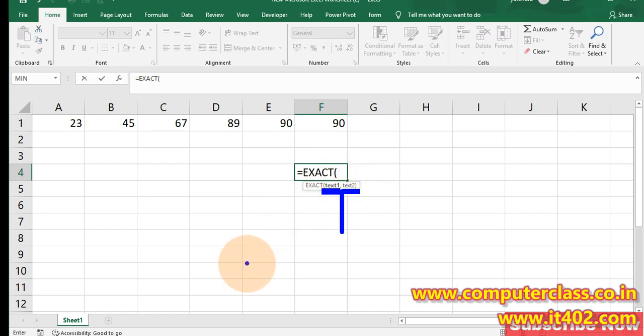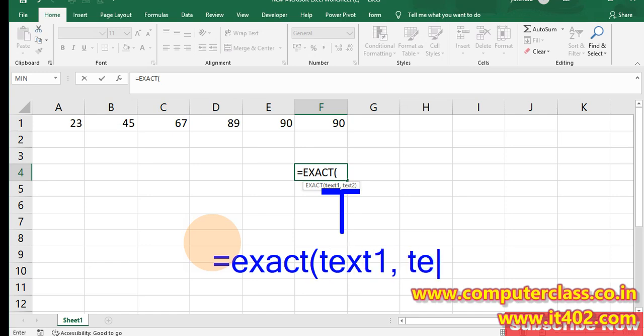For example, I've written equal to exact. This formula is giving the message text1 comma text2. That means I don't know the use of this particular formula, but I should know that it needs only two inputs, and the inputs should be text.